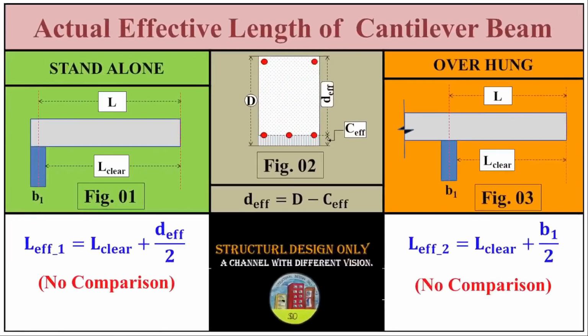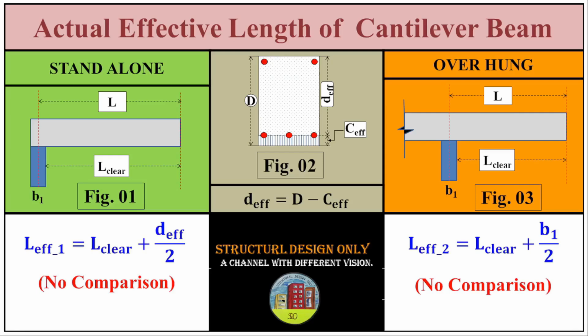In this slide, we are looking at the effective length for cantilever beams, where there was a key point needing clarification. As per IS 456:2000, clause 22.2, b, the rule for a cantilever is precise and depends on its context. On the left, we have the case for a standalone cantilever beam, meaning it's not part of a larger continuous